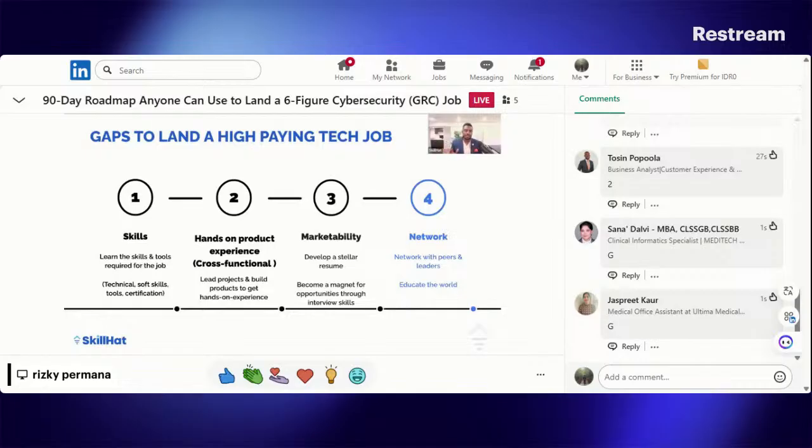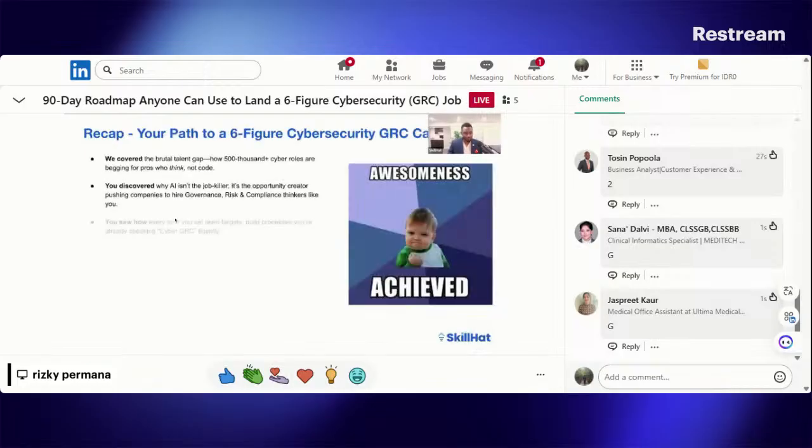Now, I have a question for you as well. Looking at these four gaps, think about it for yourself and let me know. Which one of these four gaps do you think you need to solve for? So just type number 1 or number 2 or number 1 and 3. Which one of these four gaps do you believe are the ones that you need to focus on right now? Okay, I'm seeing a few number ones, a few number twos, 1 and 2. Fantastic. Let's talk about how we help you do that.